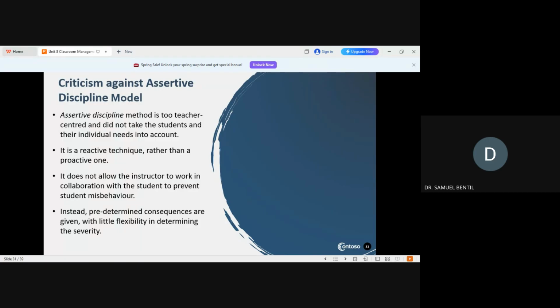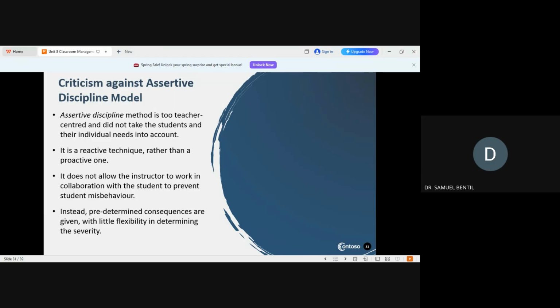So we are saying that it does not allow the instructor to work in collaboration with students to prevent student misbehavior, because it's the teacher who takes all the decisions. Instead, predetermined consequences are given with little flexibility in determining the severity of these consequences. So these are some of the criticisms of